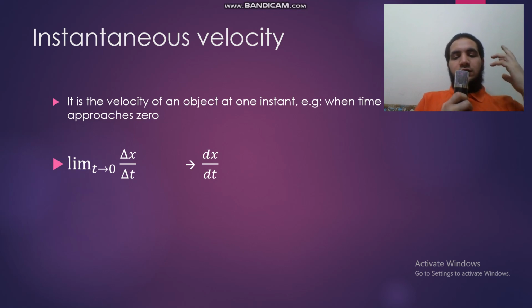So this is the meaning of the limit as t approaches 0 of delta x by delta t, and actually this is the differentiation of x by t, which is dx by dt. And so if we have an equation indicating the position x in relation to t, we can just